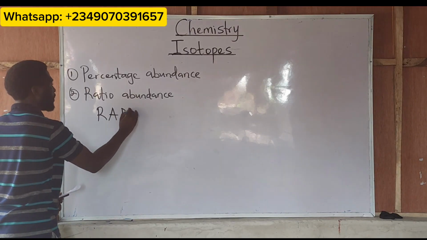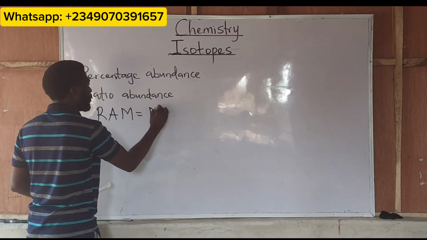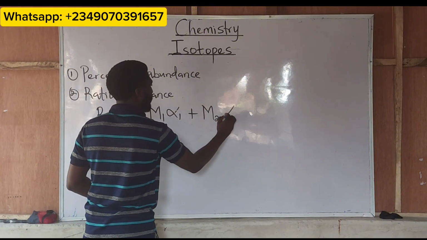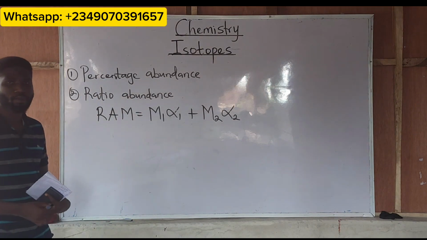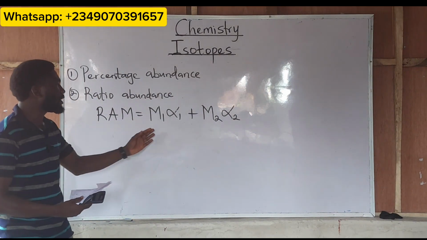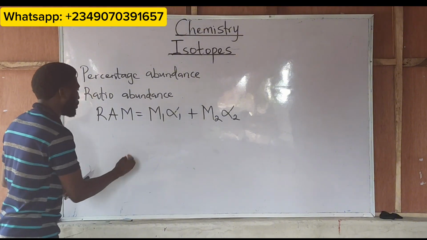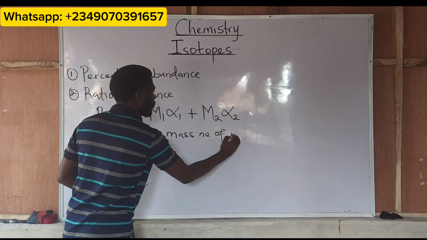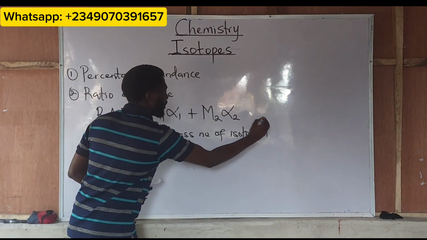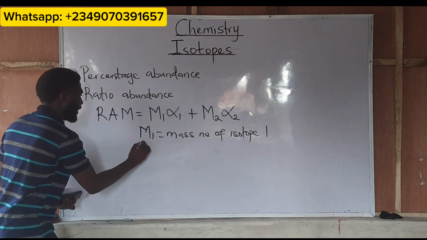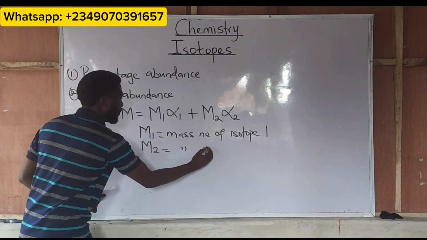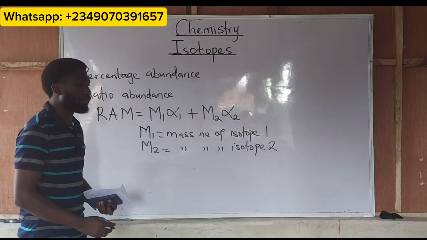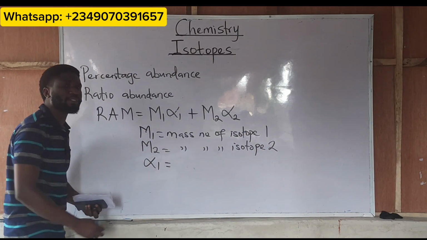RAM, which is the relative atomic mass, equals M1 alpha 1 plus M2 alpha 2. What does each of these variables represent? M1 represents the mass number of isotope 1, that is that of the first isotope, and M2 represents the mass number of isotope 2. What of alpha 1? Alpha 1 represents